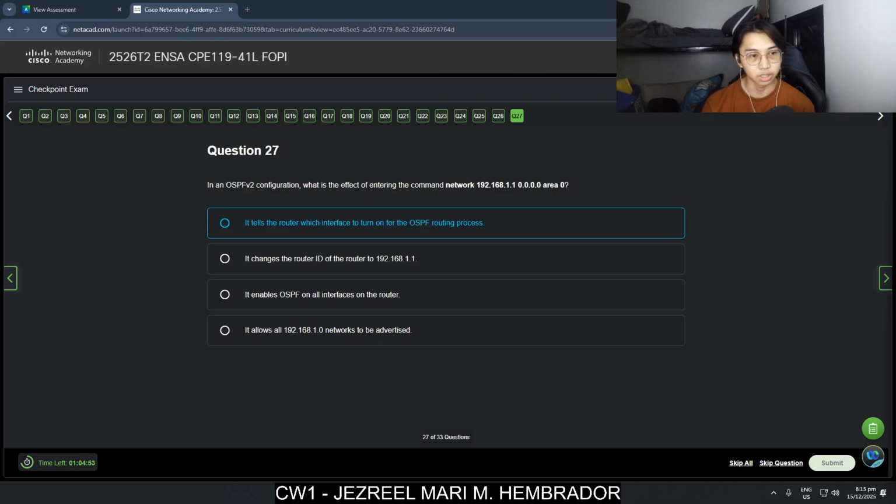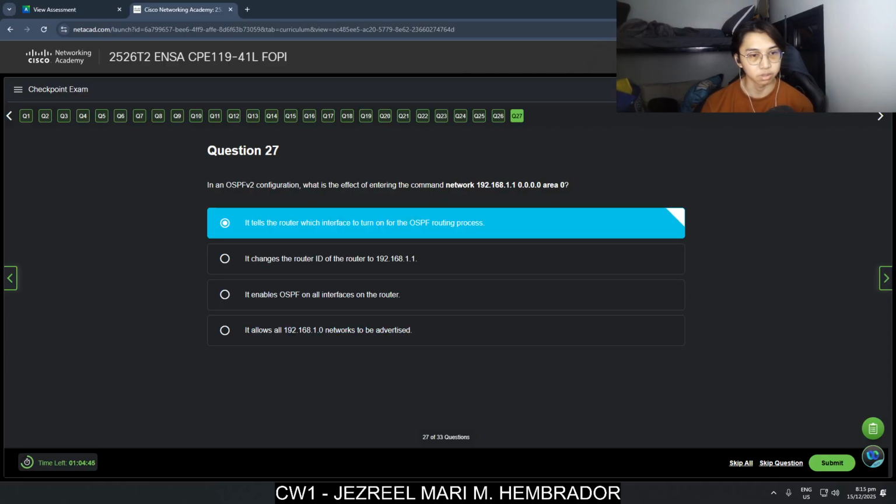It changes the router ID of the router to 192.168.1.1. It enables OSPF. I think it's this one, because entering this command will turn on only the interface with the IP address for OSPF routing.